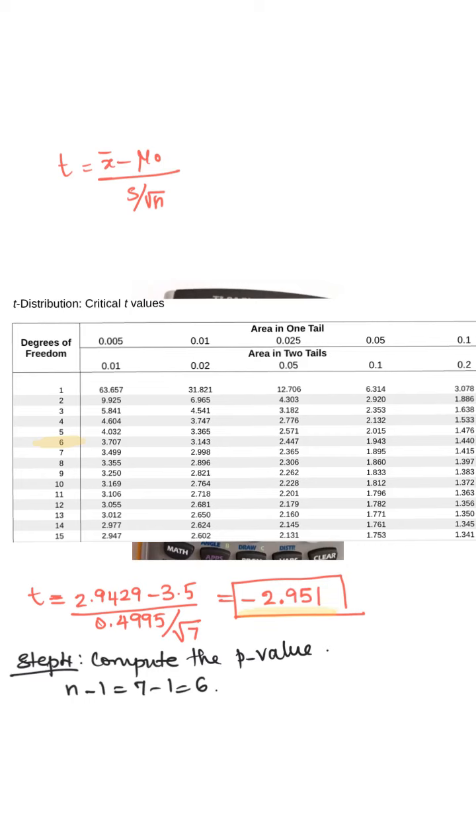Since there is no negative, we can take the absolute value of t, that is 2.951. If you look at this row, 2.9 is between these two values. So the p-value will be between these two values, which is greater than 0.01. So we do not reject